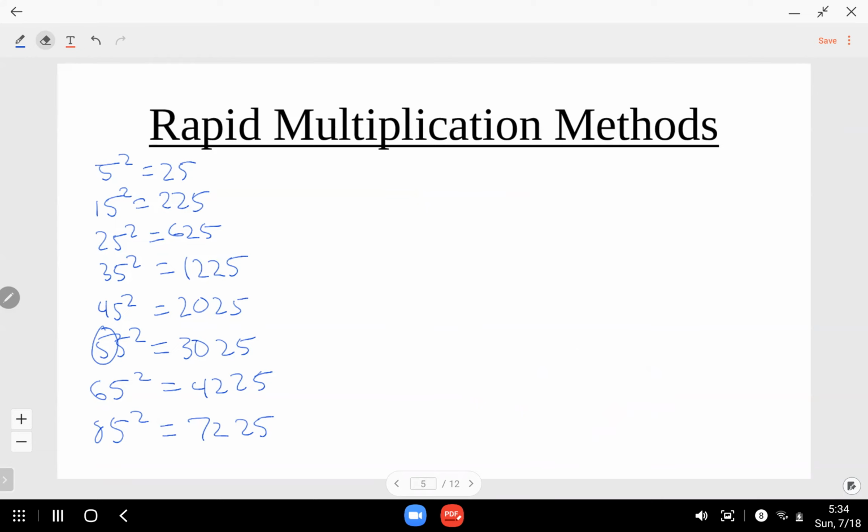All right, so some other things. Let's try some other problems. Actually, I want you guys to practice a bit more with this. What is 115 squared? It's going to be a very big number. 5 digits.